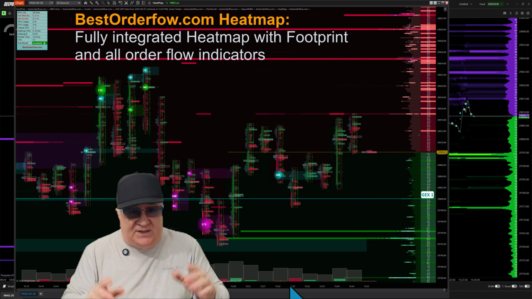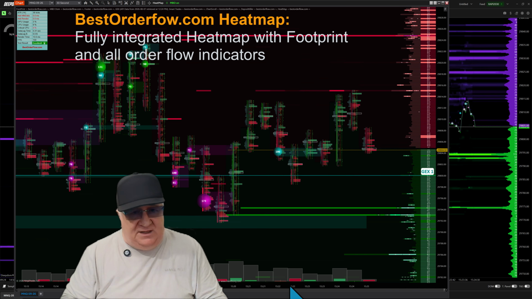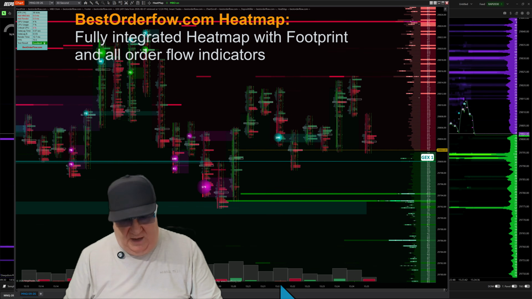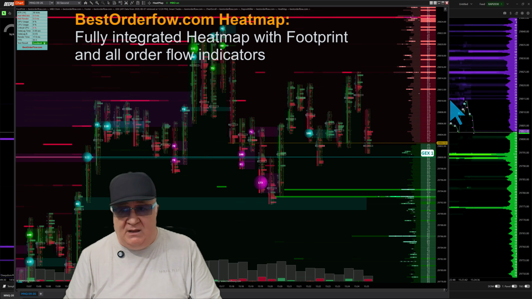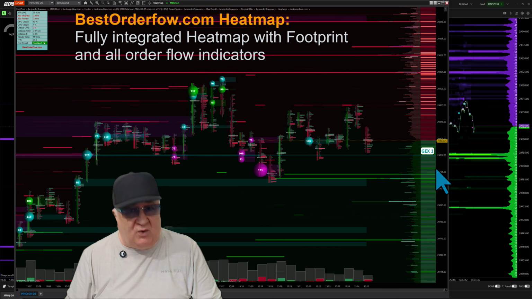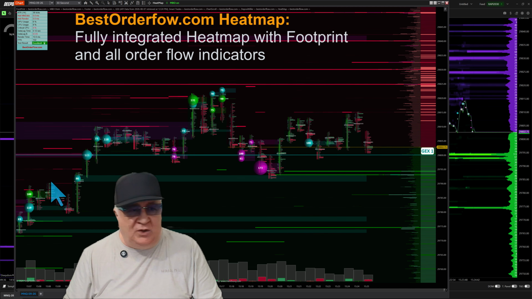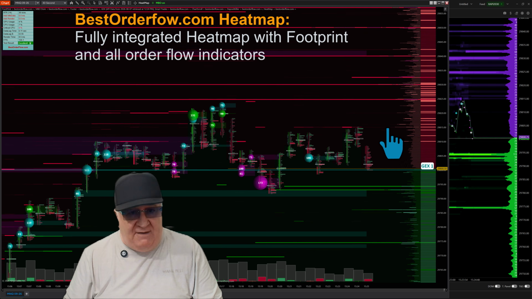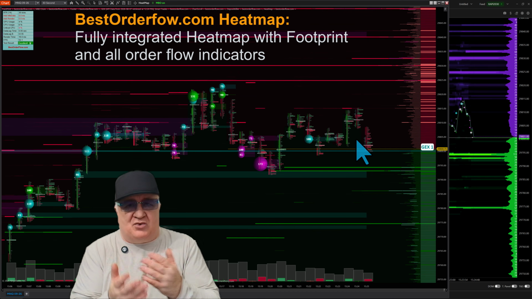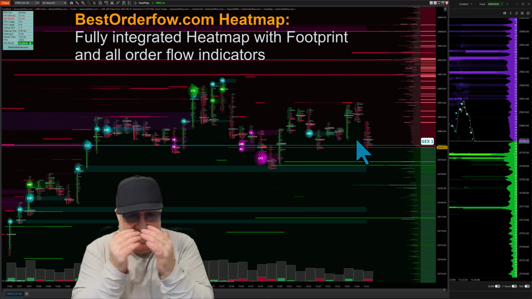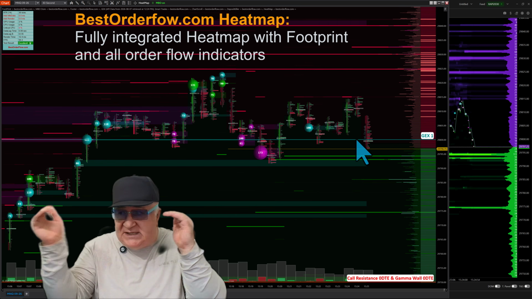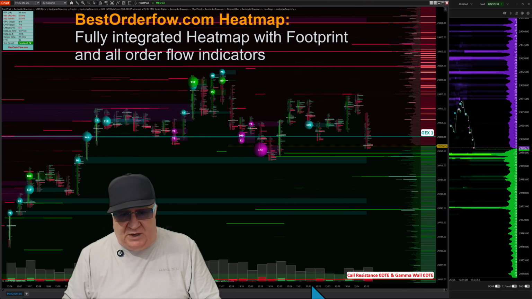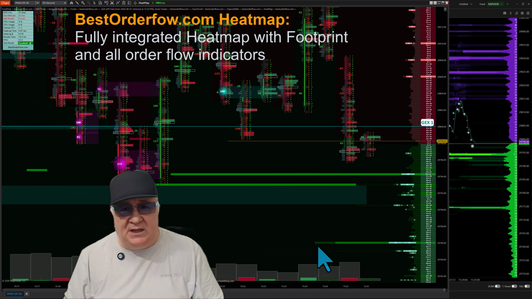Whatever indicators you need, your favorite indicators, they're all integrated with the heat map. This is only on the Best Order Flow heat map. No other application or software has integrated it naturally, so you don't have to bring two pieces of information from the heat map to your footprint charts. The heat map is right here, and you